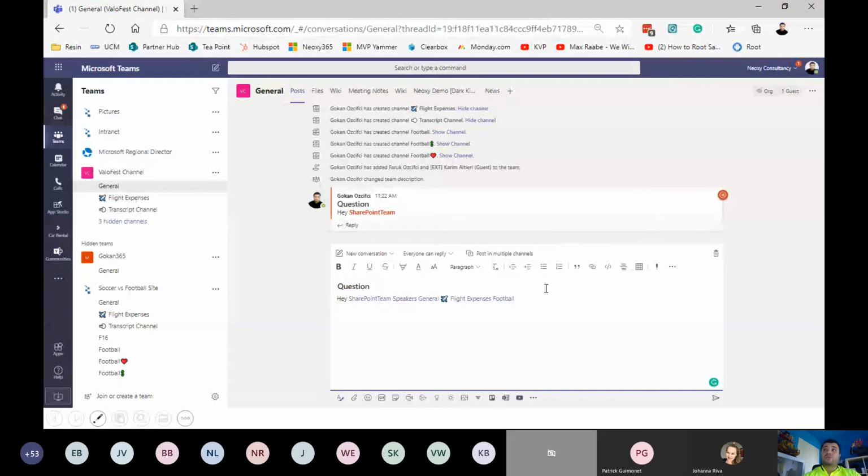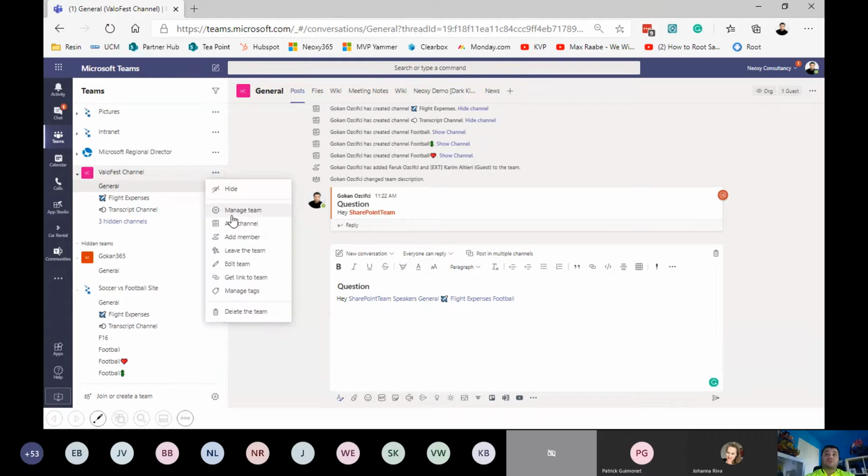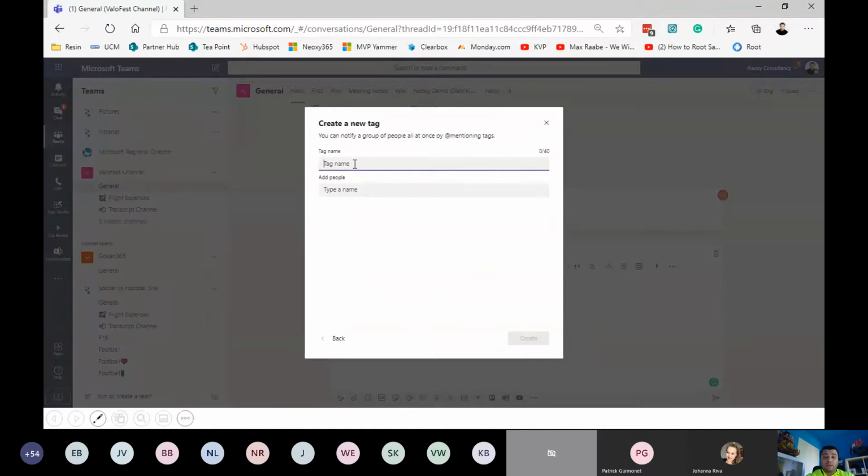Well, if you're new to Microsoft Teams, at the end, when you have a long text, you don't know which one was a team, which one was a channel, or which one was a tag, because they all have that bluish color, right? And from a visual perspective, honestly, I don't really like that. That's not something I would recommend to everyone to use. So what I do say to my customers, to my partners, is to add a hashtag in front of every tag. And then say, okay, I have a SharePoint team,